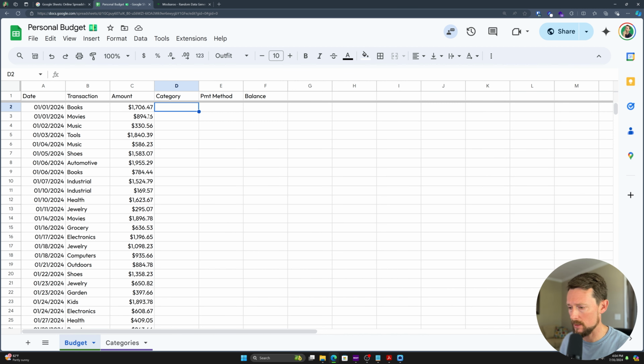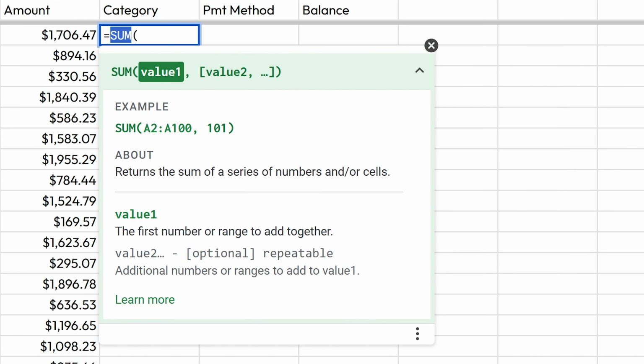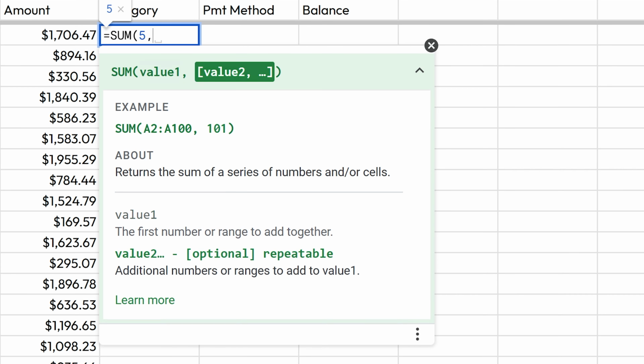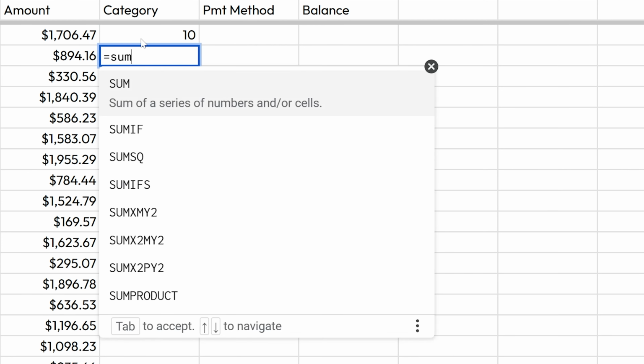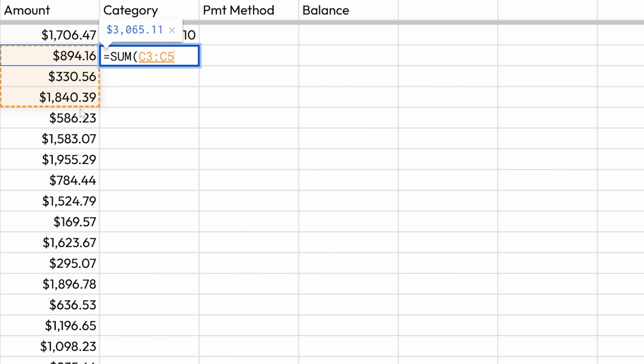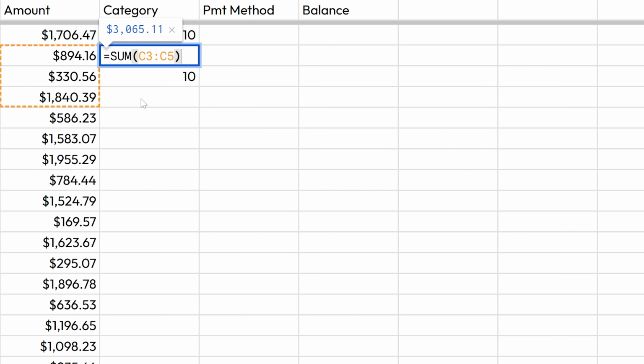about formulas and functions. So a function is a built-in function in Google Sheets. It looks like this. Sum, this written word, is a function that takes values and then adds them together. So if I put sum 5 and 5 with a comma in between, it's going to give me 10. If I put sum of these two cells by clicking and dragging down, it's going to add up these cells together. If I type in something like 5 plus 5 immediately in a cell, it's going to also give me 10. It'll do basic arithmetic and everything on its own, but the functions that are built in are where the